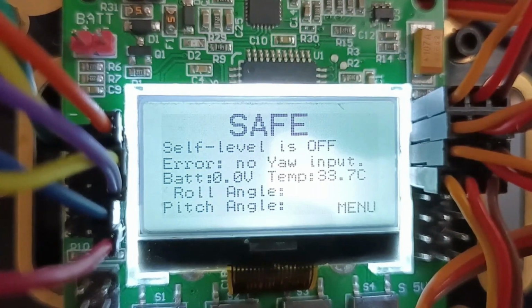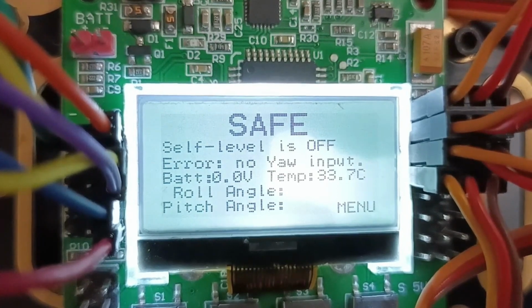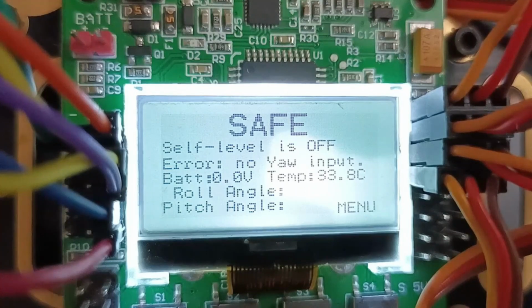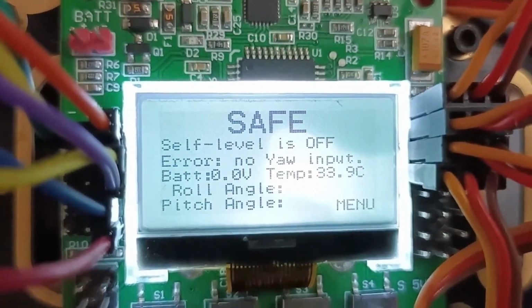Maybe when you turn on this controller, you may get some error. So I am going to tell you all the procedure from basic level. Just follow these steps.